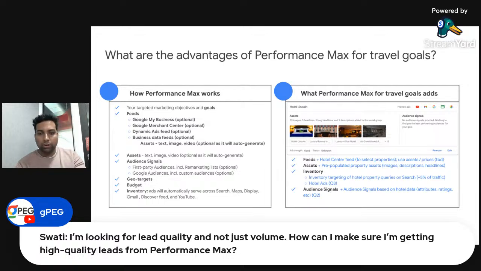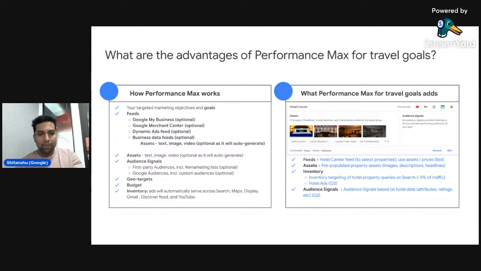Okay, there's another question that I have. This is an interesting question which I also want to pick up. Again, there seems to be a lot of questions on the quality of leads, and it seems a lot of people are using Performance Max for lead gen, which is a good thing, and that makes us happy. This question, which I'm going to put now on the screen,